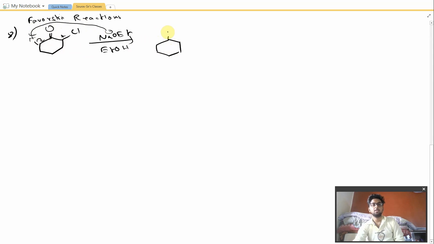So O minus would be formed, and here a double bond would be there, and Cl would be here. Okay. So now what happens? This O would fall here, and this double bond would kick out this Cl minus. Okay. So with Cl minus leaving, a three-membered cyclic ring is formed, with a double bond O. Now the radioactive carbon is here only, so here is the radioactive carbon.